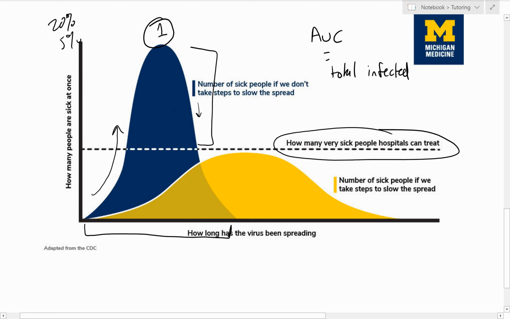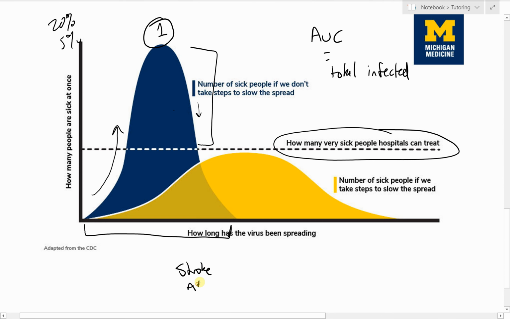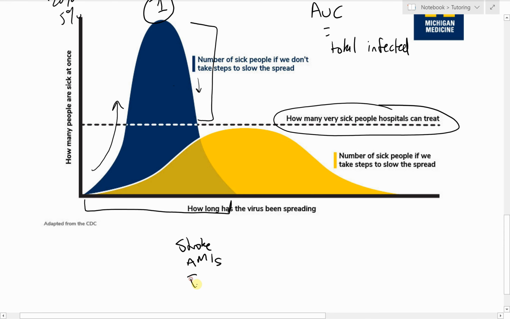This is what's happened in Italy. Italy had a very rapid increase in the number of cases, and they found it very difficult to control and get back on top of the spread. Because of that, they had a lot of sick patients coming in all at once. At the same time as this is going on, you still have patients coming in with stroke, with heart attacks, with trauma, even things like appendicitis,